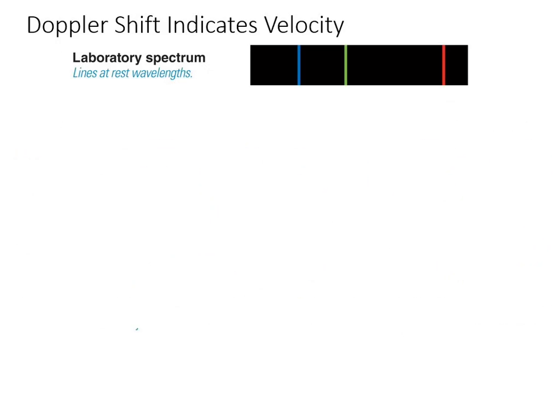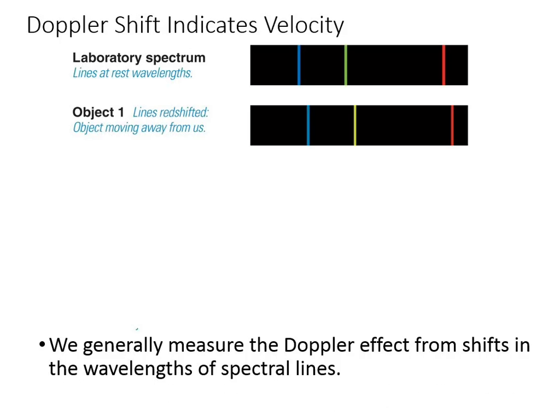So let's look at the Doppler effect or the Doppler shift in motion. So this would be our library sample. We have nice crisp three emission lines for this particular element. But let's say we go ahead and take the object that's emitting these emission lines and set it in motion. Specifically, what we're going to do first is make it go away from us. Okay? So in this case, if you're pairing up spectral lines, can you see where this one moved over a little bit? They all moved over a little bit.